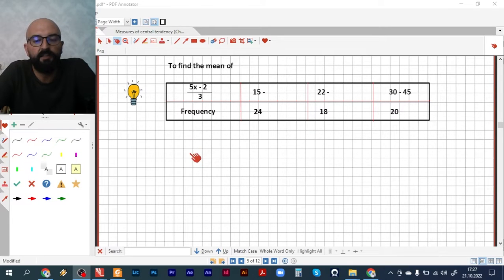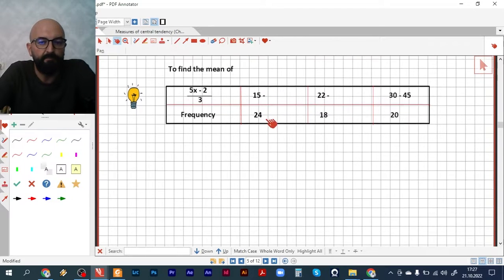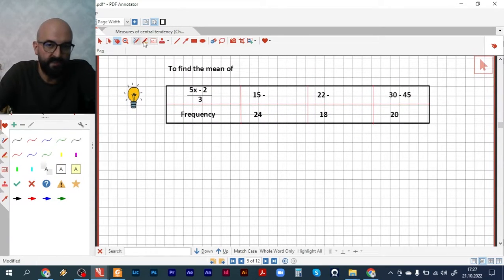Now I want to give a brief summary of what we learned in the last lesson about finding the mean. As you remember, when they give us different parts of the data, we can compute the mean, but the process differs. For example, please remember that I want to